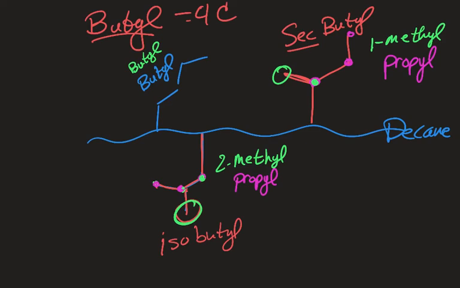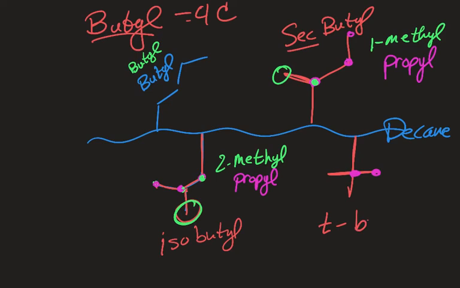Let me add one more to it, and then we can finish this off. Let's add this guy here, which looks like this. It's also 4 carbons, okay? So we can count the 4 carbons. If we do it like this, the longest chain is 2 carbons, right? Its common name is going to be